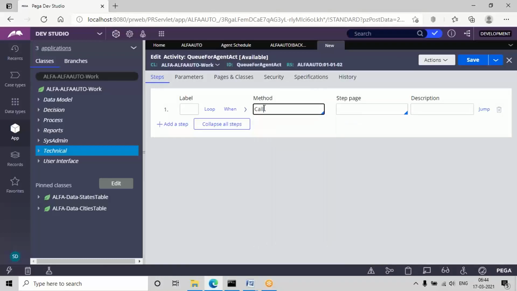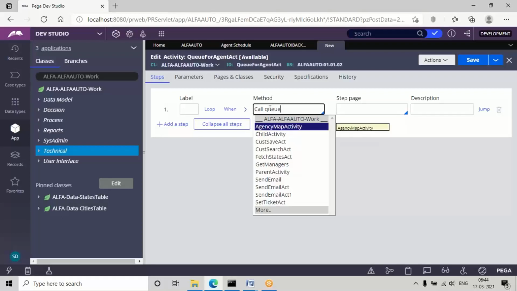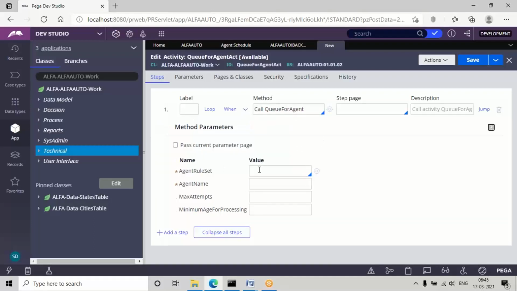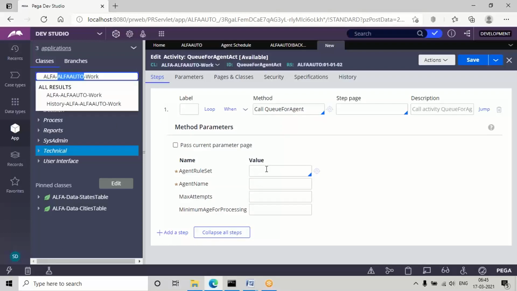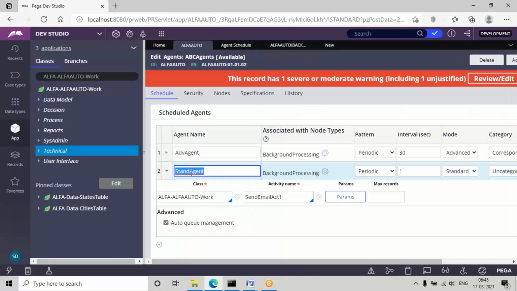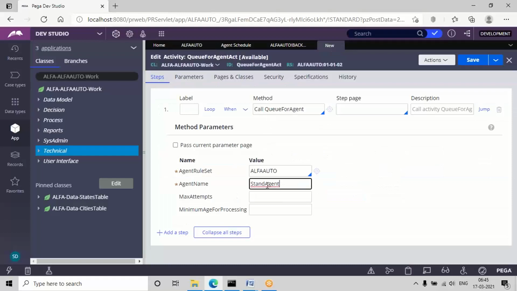So use this instruction and go to more. In this we need to fill in the rule set name and your agent name. The rule set name is your division name, which will be similar to your rule set name, so you can directly copy your division name. Coming to agent name, if it is different in your system, copy it accordingly. This is the agent name I have given in my application. So in your system, copy and paste whatever name is given. Now save this activity.